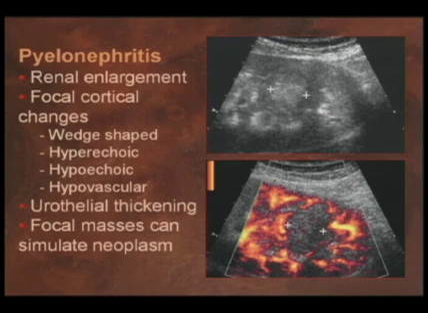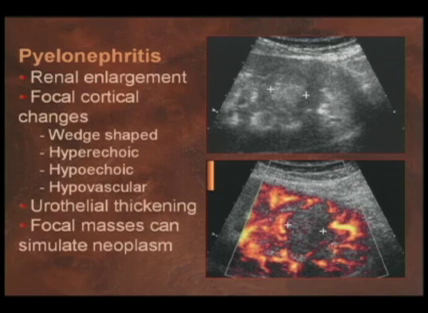Now, there are a few things that are non-neoplastic that can appear mass-like on sonography, and one is pyelonephritis. Pyelonephritis typically, if it doesn't have a normal ultrasound appearance, will appear as renal enlargement with focal cortical changes. Now, these are often wedge-shaped, not always. They can be either hyperechoic or hypoechoic, and unlike other organs where inflammatory lesions are hypervascular, in the kidney, infection causes decreased vascularity. Urothelial thickening can also be a sign of pyelonephritis,